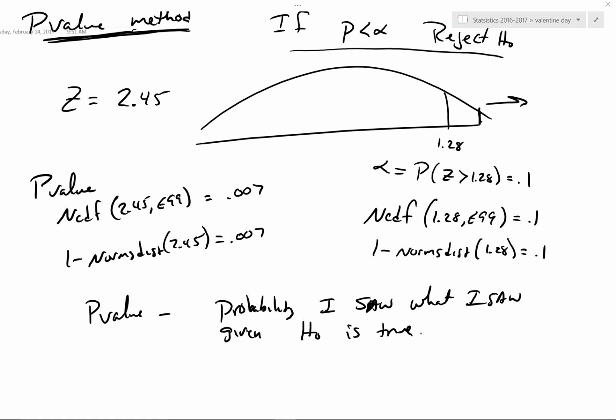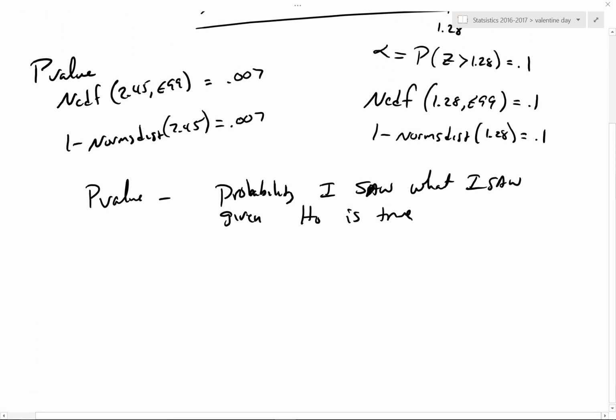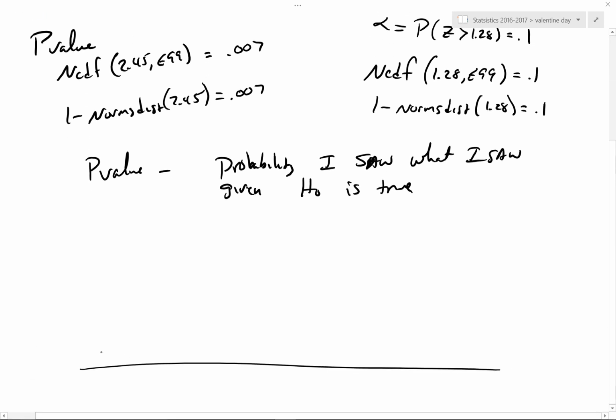Now, Mr. Green, what if it's a lower-tailed test? It's a great question. If it was a lower-tailed test, like, say, negative 1.28,